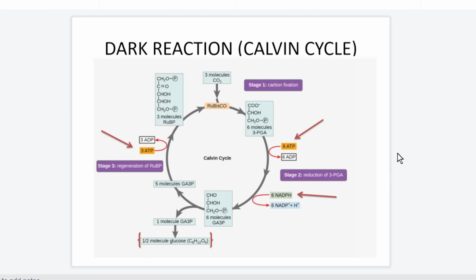Dark reaction is the Calvin cycle. We can see here in this cycle, the Rubisco enzyme takes the carbon dioxide molecule and goes through a series of reactions with the help of ATP and NADPH. It converts the carbon dioxide molecule into G3P, which is then finally converted into a glucose molecule. It takes 3 ATP plus 6 ATP plus 6 NADPH, which are produced in light reaction. So ultimately, the Calvin cycle fixes the atmospheric carbon dioxide into an organic compound.